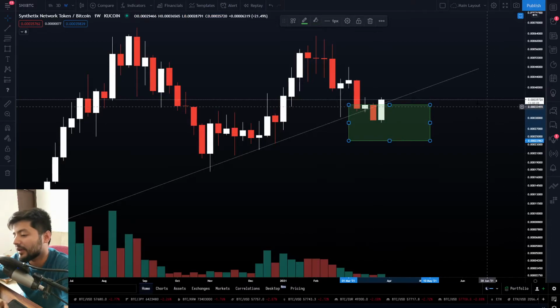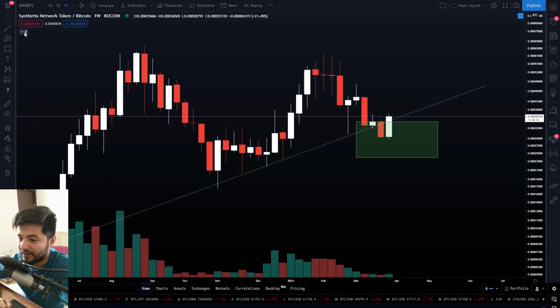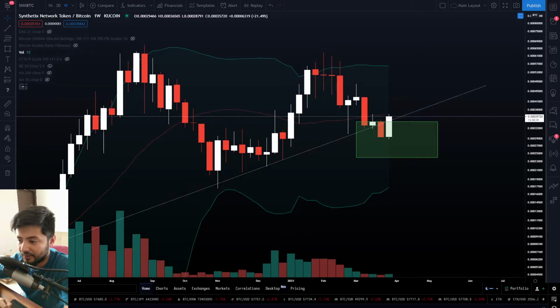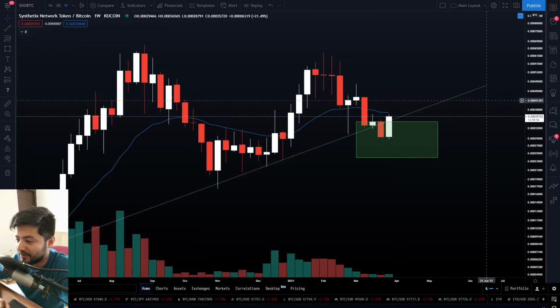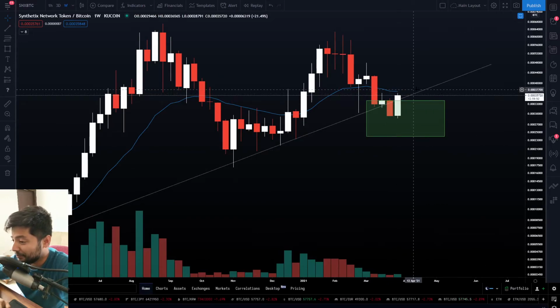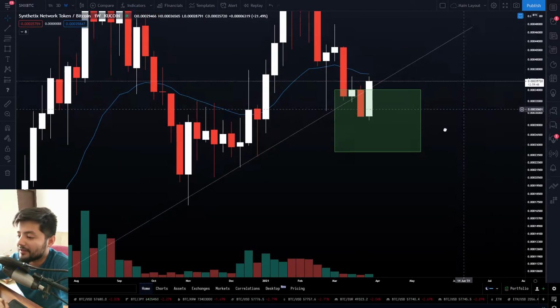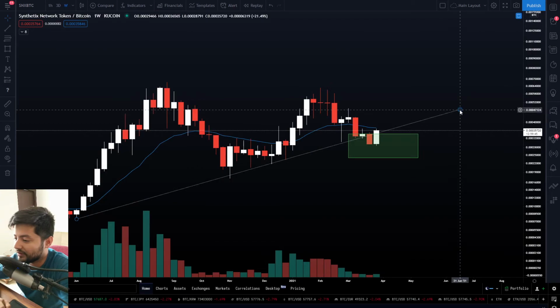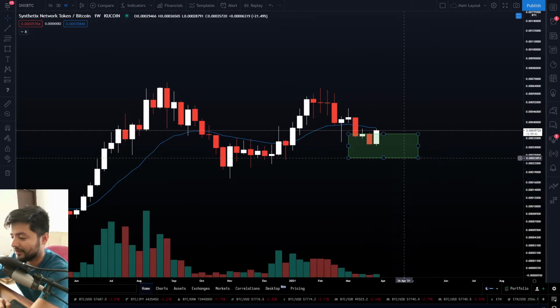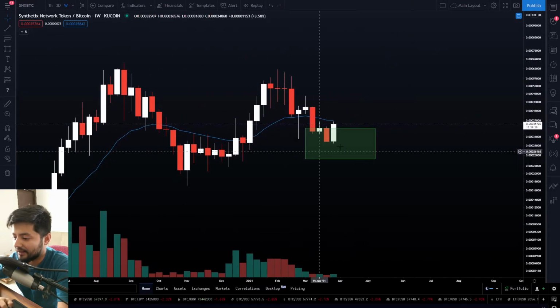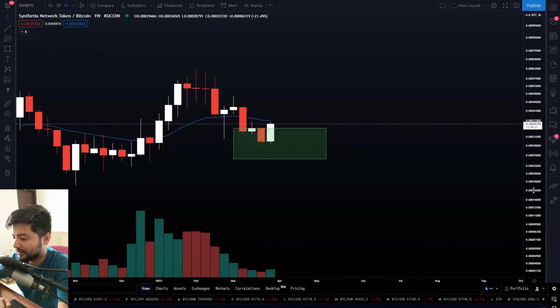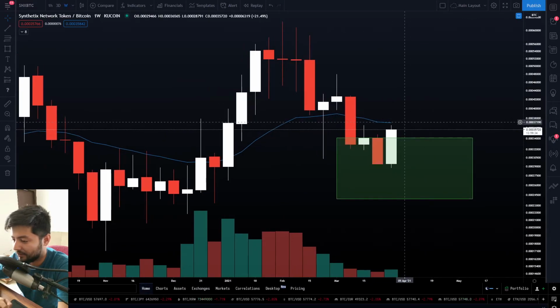This is aligning with the 21 simple weekly moving average as well on the BTC price action. Let's check this one out as well on the weekly. All right, okay, the 21 weekly is here, guys. It's completely opposite, man. It's very confusing, to be honest with you. All right, not the 55, the 21 simple. Yeah, the 21 simple weekly moving average is going to be providing some resistance to Synthetix, which is probably going to be, guys, this trend line is not going to make any sense until we actually take over this blue moving average right here.